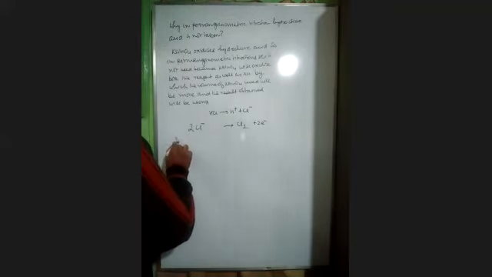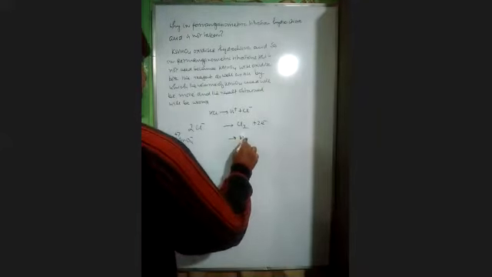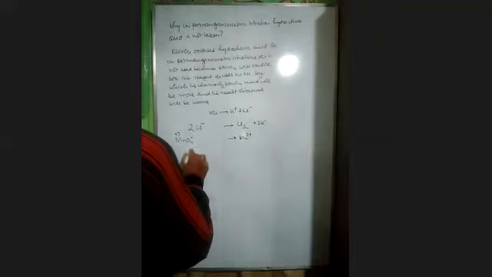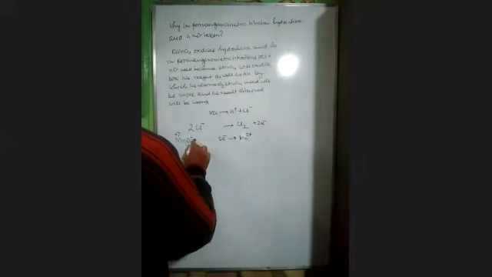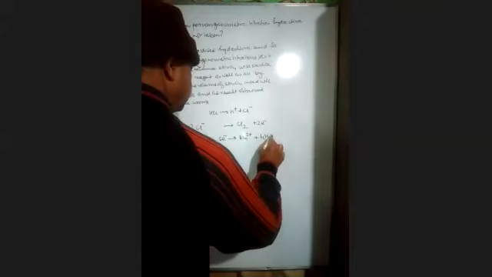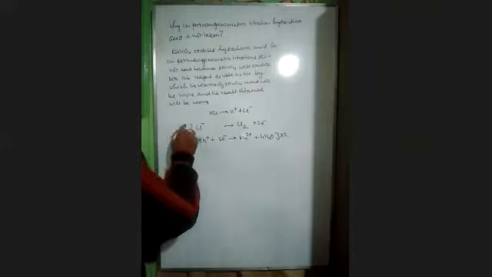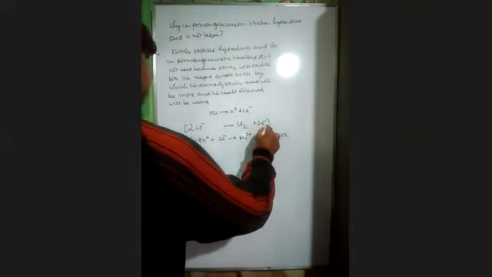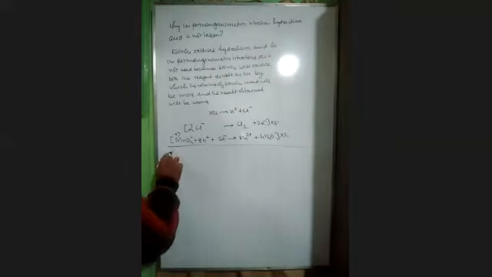So MnO4 minus plus 7, Mn2 plus, it will take 5 electron, and 8H plus, it will give you 4H2O. 2, 5, so it will be